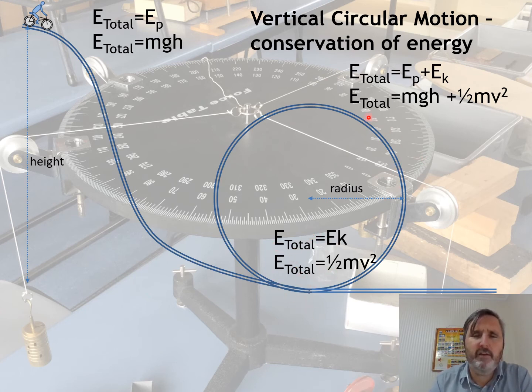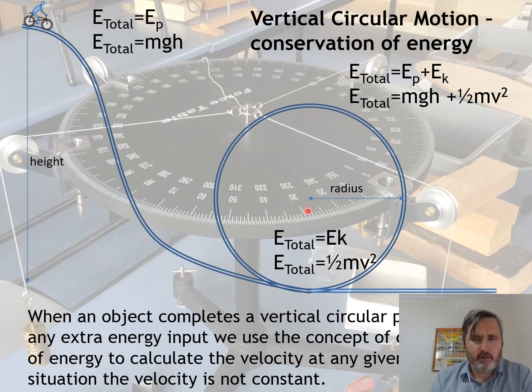However, once you get to the top of this loop, you still have some kinetic energy because you need that to get around, but you also have some potential energy from the difference in height from the top of here to the top of here. So the total energy is still the same, but it now has potential energy, the mass times g times height, but the height now is the difference in height from the start, this distance here. And its kinetic energy is half times its mass times its velocity squared. Right,